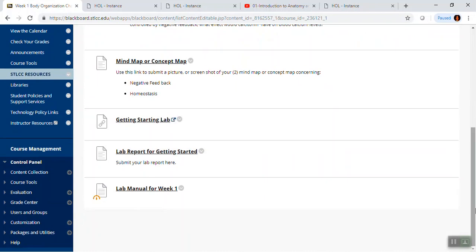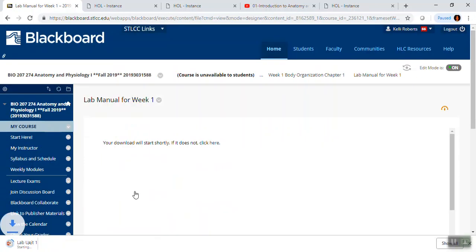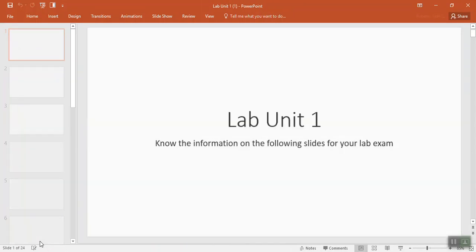And then remember I told you all that you have a free lab manual that comes from St. Louis Community College, and this is where you find it. So the lab manual for week 1 is here, and it is a PowerPoint file. So if we open up that PowerPoint file,